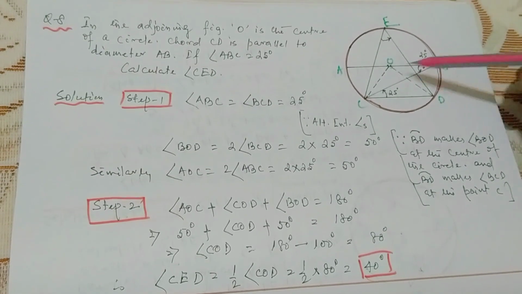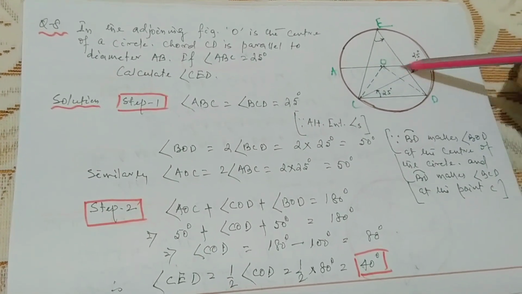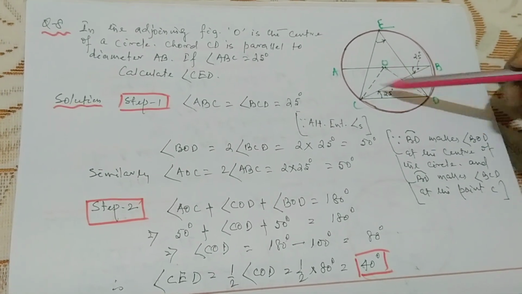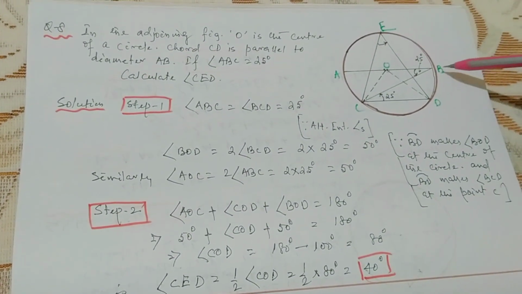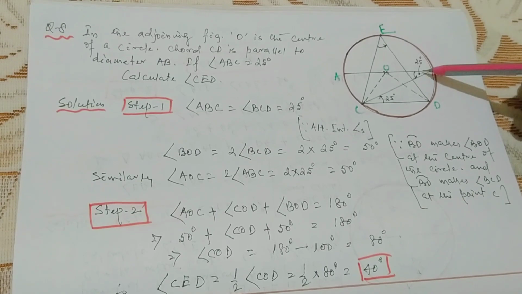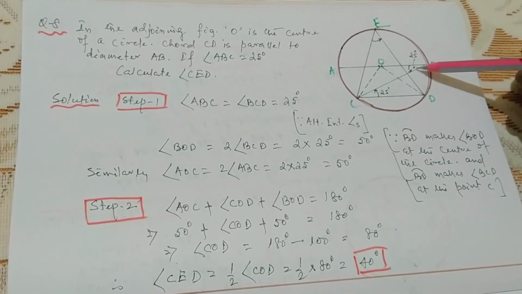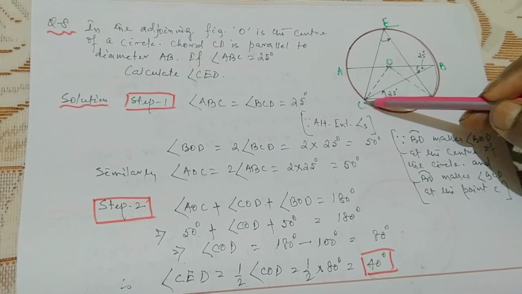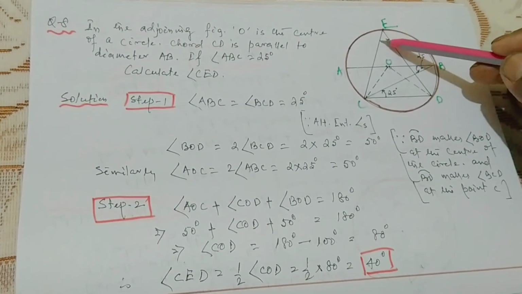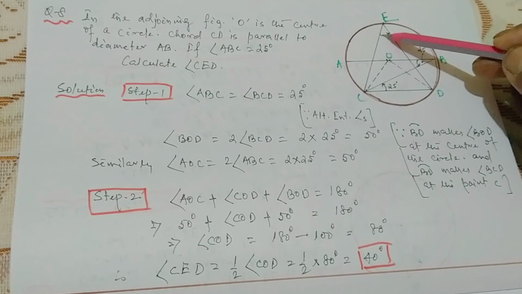This chord is parallel to the diameter AB. It is given in the question. Angle ABC, this angle equal to 25 degree. It is given in the question. Calculate angle CED. CED इस एंगल को हम लोग को फाइंड आउट करना है।